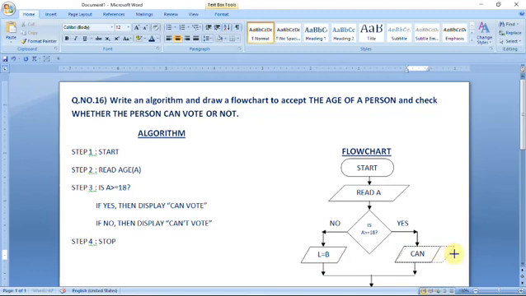You can make it larger also. And here you have to write can't vote.